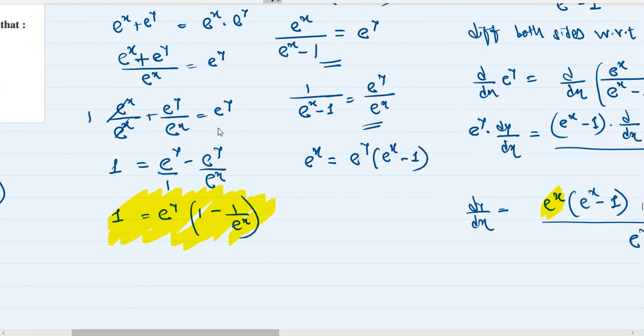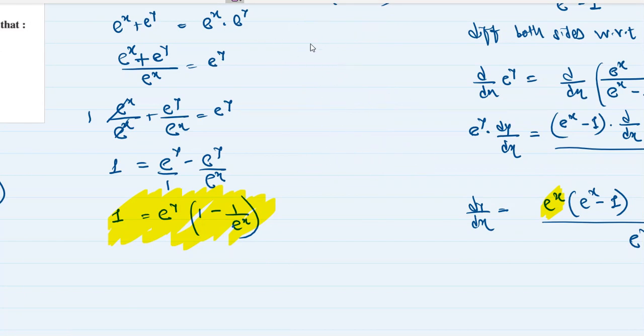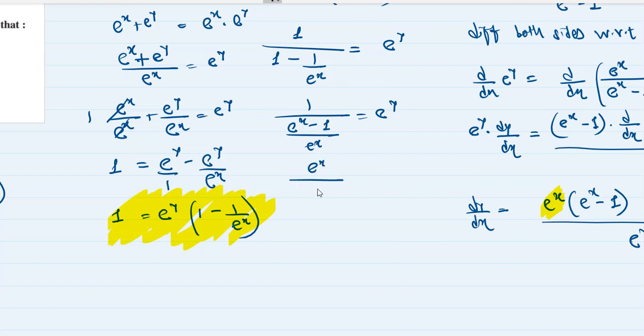ओके, गिव मी सम स्पेस, मैं थोड़ा इसको इरेज कर दूंगा। मैंने जो e^(2y) को सब्जेक्ट बनाया था ना फॉर्मूला का, अभी e^(2x) को मैं सब्जेक्ट बनाता हूँ फॉर्मूला का, ठीक है। सो आई एम जस्ट गोइंग टू गेट 1 इज इक्वल टू e^(2y)। देखो यहाँ पे, एक मिनट, इफ आई राइट 1 अपॉन 1 माइनस 1 अपॉन e^(2x) इज इक्वल टू e^(2y), कोई प्रॉब्लम नहीं है, राइट। इसको सिंप्लीफाई करते हैं, 1 अपॉन e^(2x) - 1 अपॉन e^(2x) इज इक्वल टू e^(2y)। e^(2x) ऊपर चला जाएगा, e^(2x) अपॉन e^(2x) - 1 इज इक्वल टू e^(2y)। हमको e^(2x) को सब्जेक्ट बनाना है फॉर्मूला का,